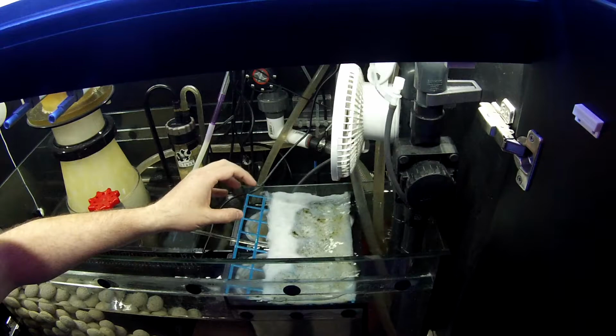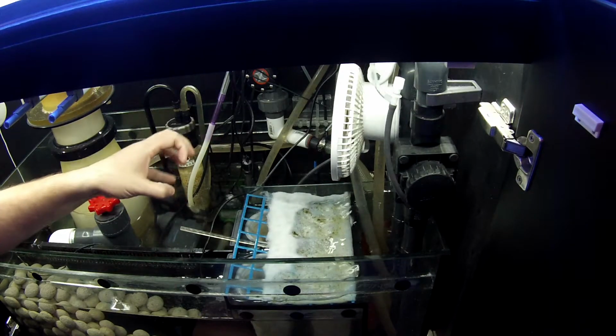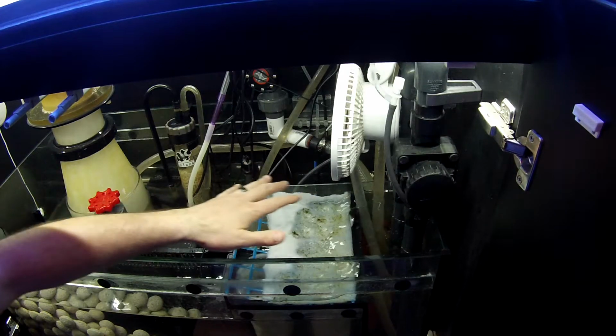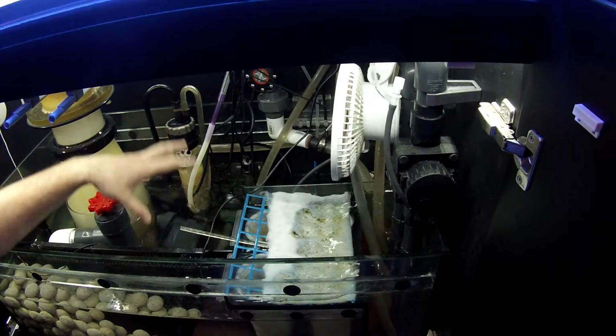I've also used some of the mesh stuff, and the problem with that is, when you get some food in there or certain kinds of algae in there, it gets real stringy as the water's running through and coming down. And then when you pull those out, all that stuff just gets lodged in here and it creates a mess